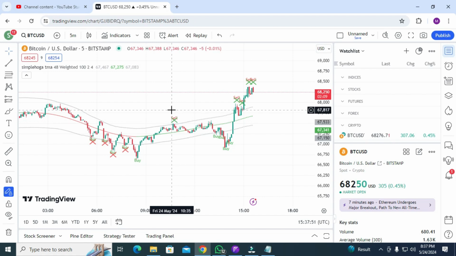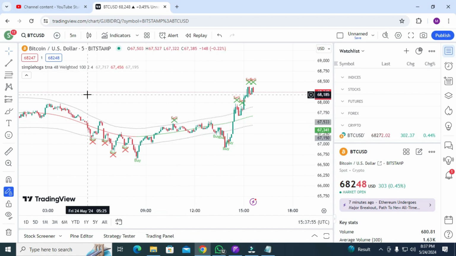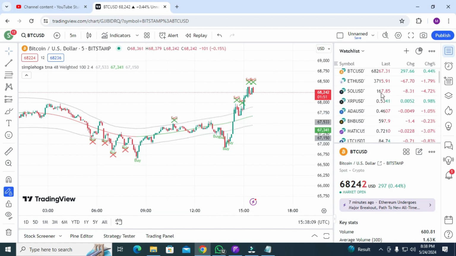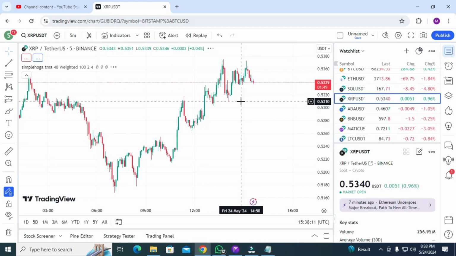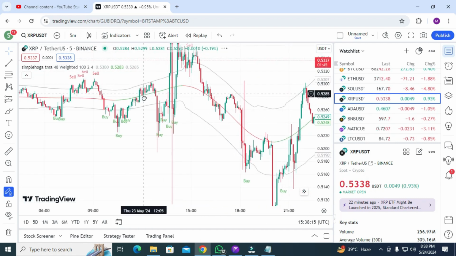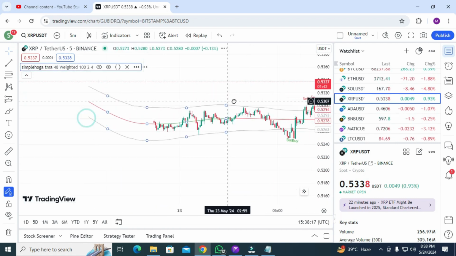And one more important thing, this indicator is especially for BTC, for Bank Nifty, for some stocks, but it will not work on all the pairs. Like for some crypto pairs it will not work. It will work on all pairs, but you will not see the cross signals. Here you can see you will not get the cross signal. Okay, you will not get the cross signal.